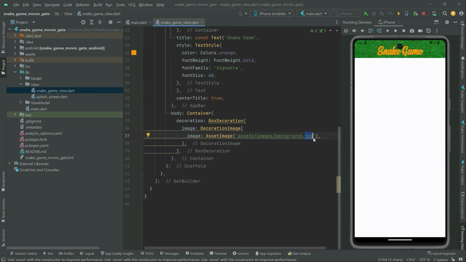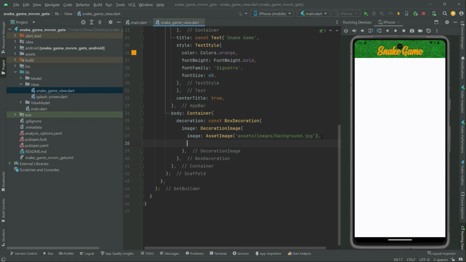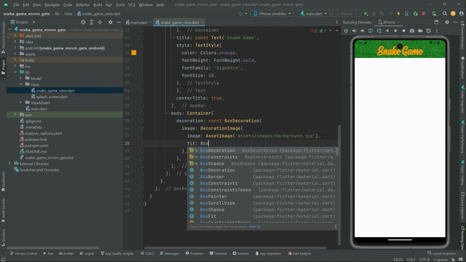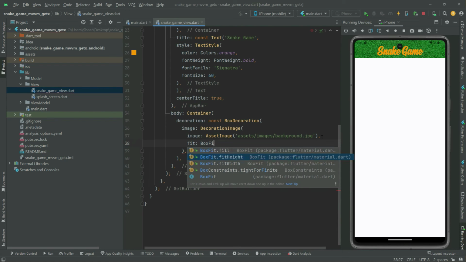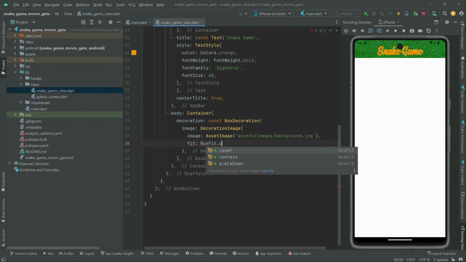Now you guys can see that. I'll just clean the code first, the const modifier from this yellow line. There we go. Now simply just we'll add the fit property, box fit over here. We'll go with the dot cover and write it and comma. All just good. Now Ctrl S,